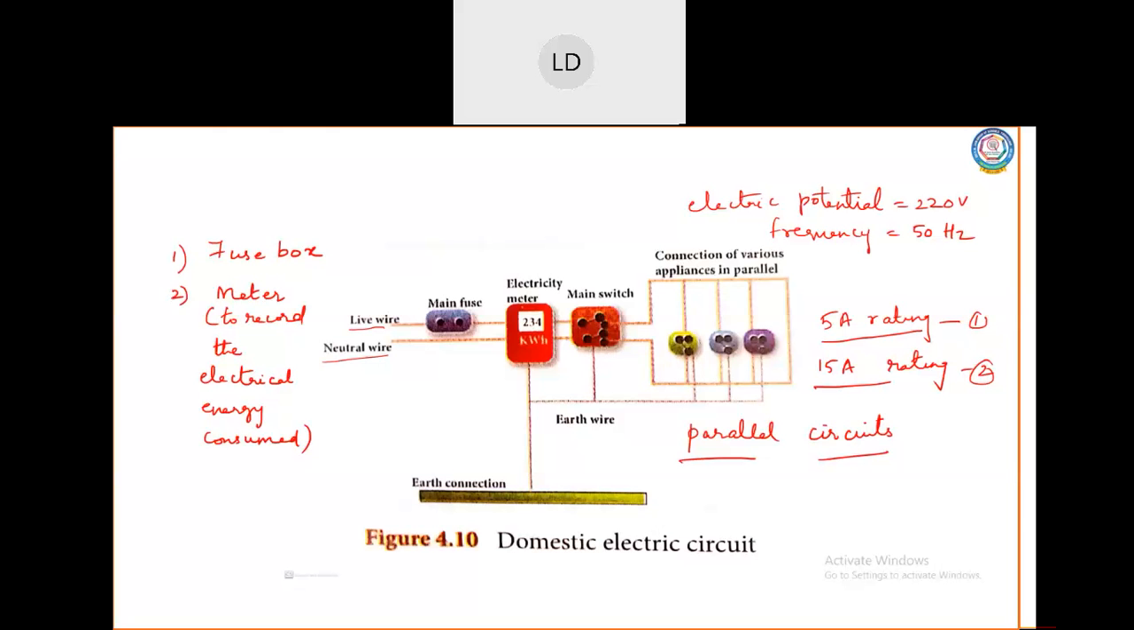Okay, and one more advantage of connecting in parallel is that all the electrical appliances we were discussing get an equal voltage when they are connected in parallel. Okay, so this is about the domestic electric circuit,